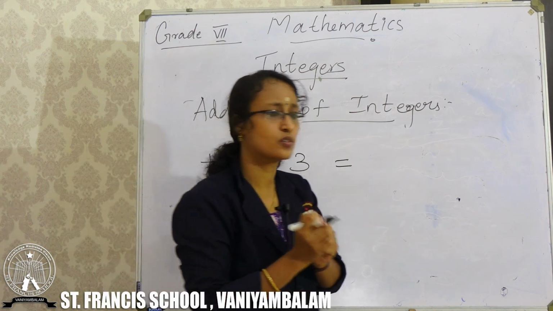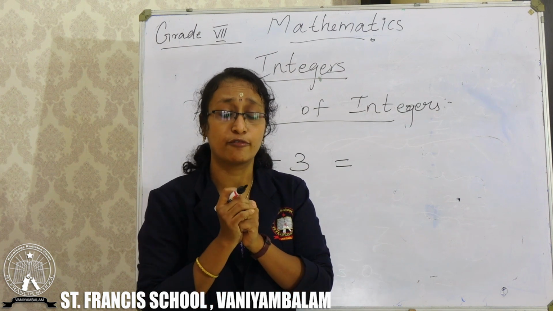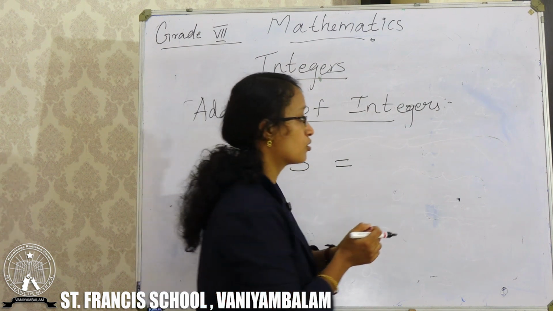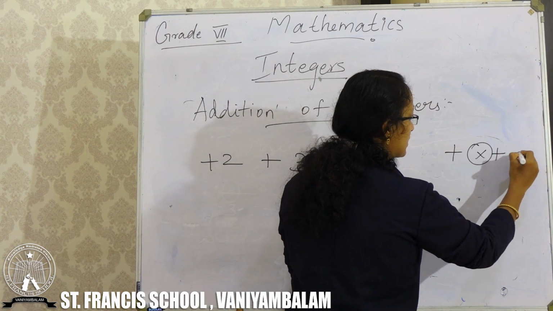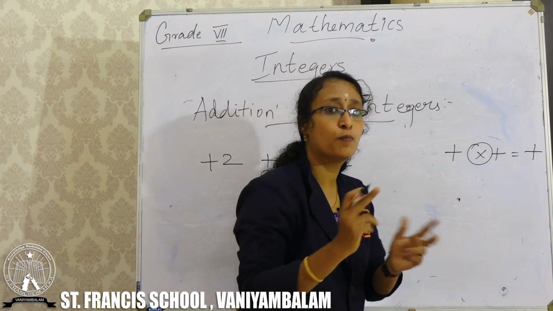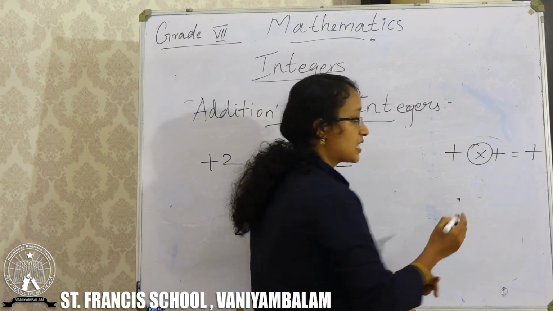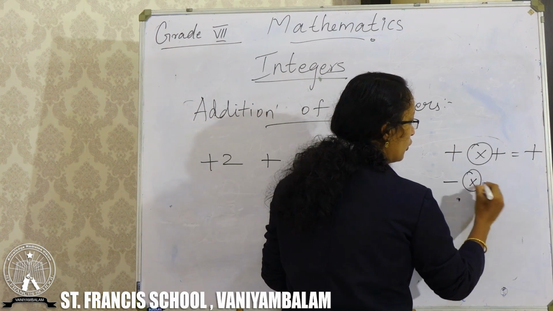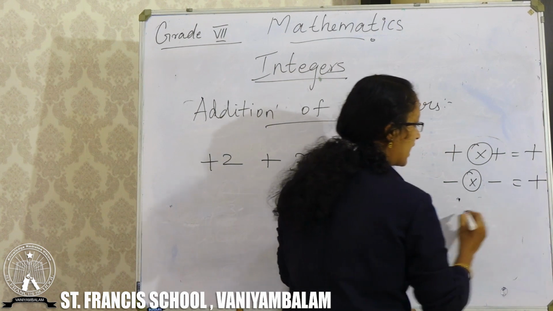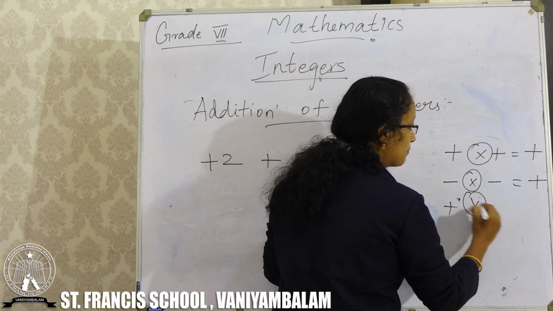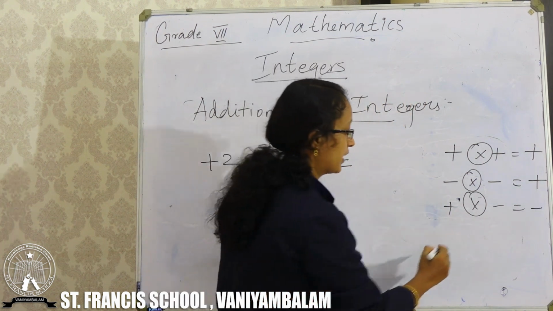First, you have to study the symbol multiplication for multiplication of integers and for division of integers also. So you know that multiplication of integers, plus into plus is plus. If two positive integers are multiplied, in your answer you will get the positive sign. If two negative integers are multiplied, you will get the positive sign. If two different symbols are multiplied, you will get the negative sign.